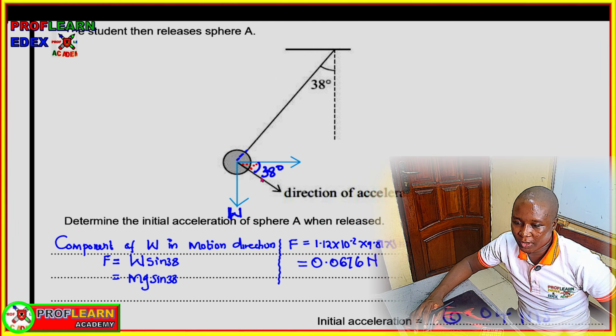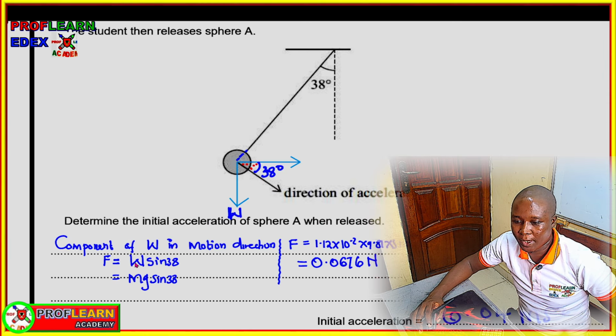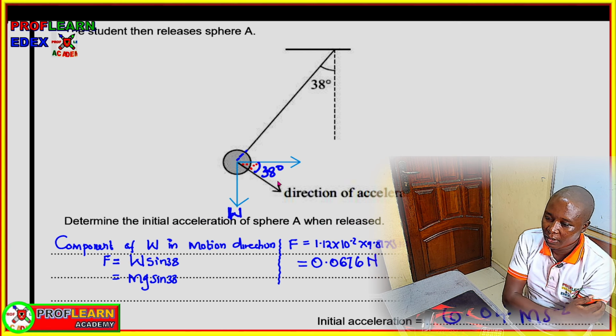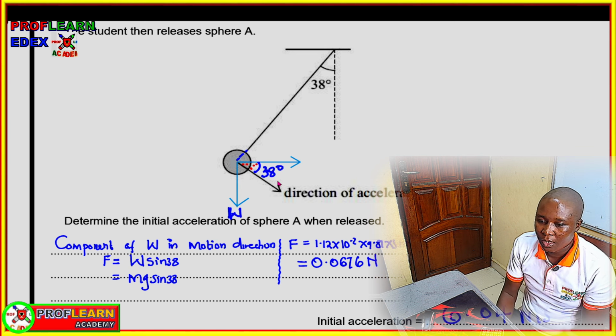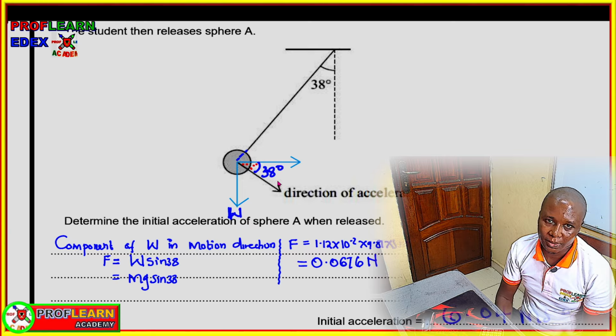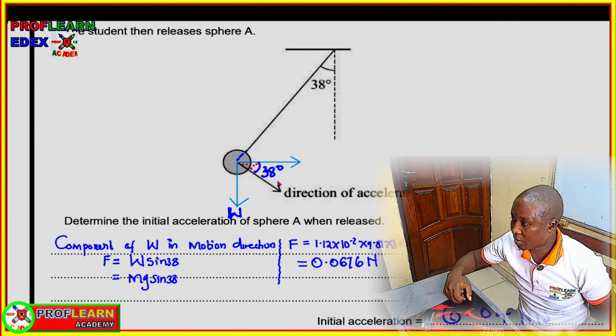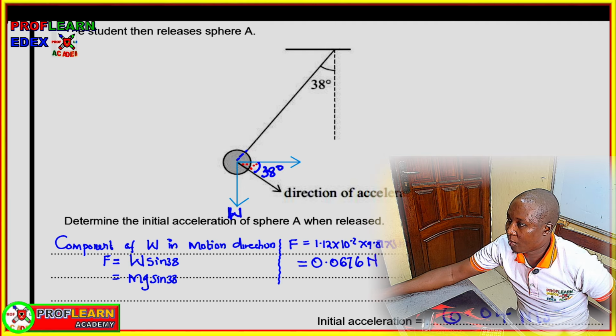Therefore, the component of weight in the direction of motion is going to be W sine 38. So having that, we can now go ahead and work out that force, because W is equal to mass times gravity times sine 38. If you work it out, you are going to get your answer here,